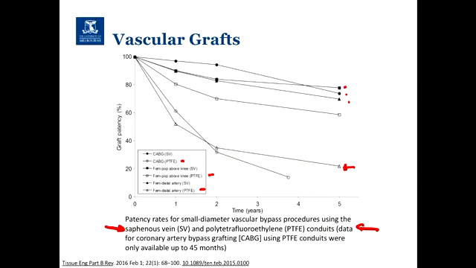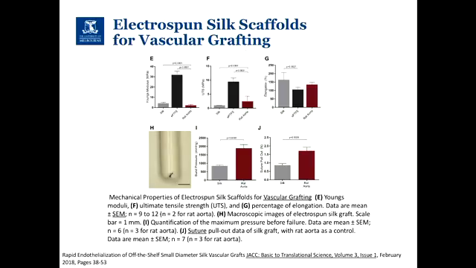So the last few slides that I'm going to go through are what people are trying to do to increase the success rate of small diameter vascular grafts. They're often used for bypass. These sorts of surgeries occur quite often, but other than using the patient's blood vessels, we don't have a very good synthetic or even biological alternative. So this is looking at different materials.